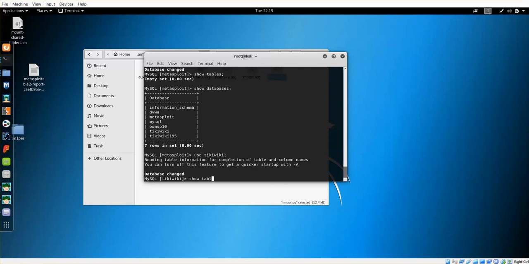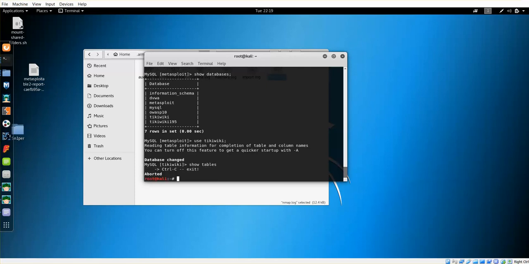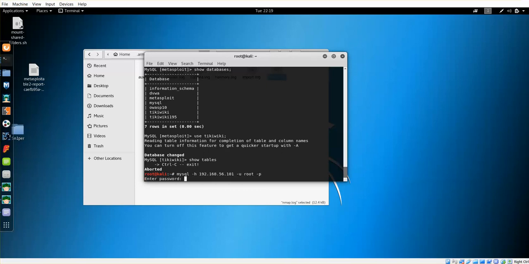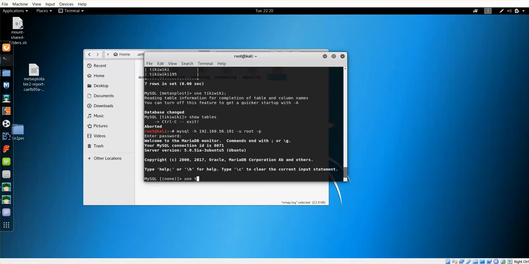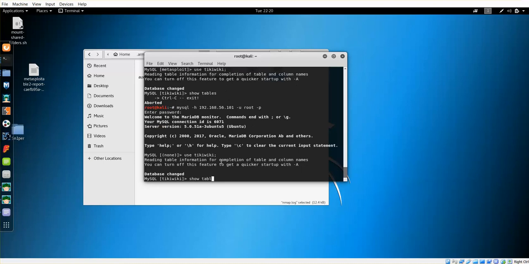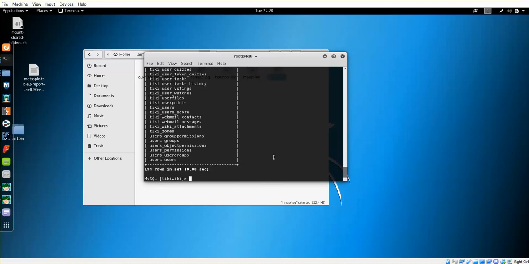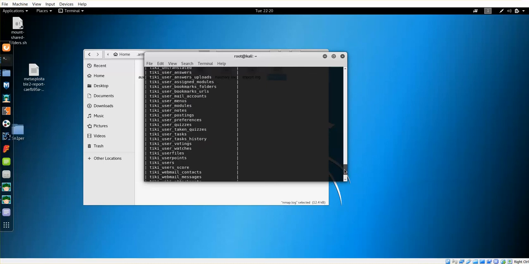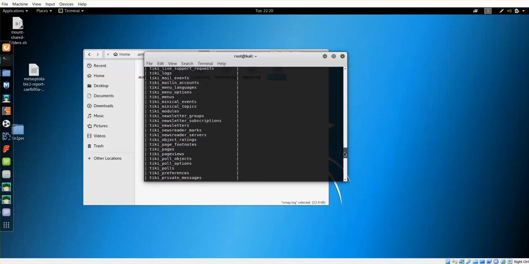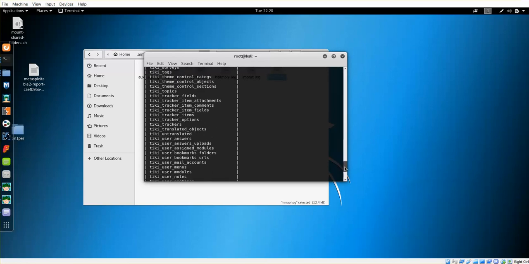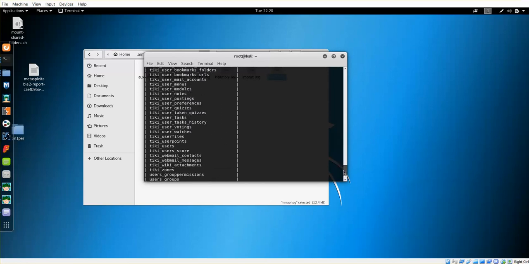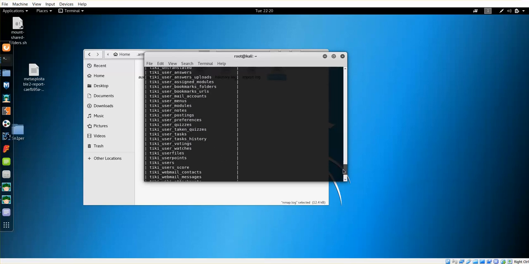Okay, show. Oh, I hit Control C too quickly, so now I've got to redo. Use TikiWiki. Show tables. So these are the available tables within the TikiWiki database. So obviously we're looking for things like username. And there's user tasks, Tiki users,